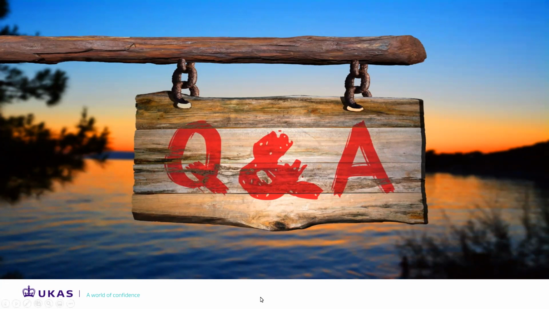Okay, great. So we have a question here that's just come up, and it is particularly to do with witnessed assessments. The question is, would it be possible for UKAS to have flexible dates that are available to assessors at shorter notice, potentially 2 to 3 weeks, if it's not possible to arrange assessment dates months in advance?